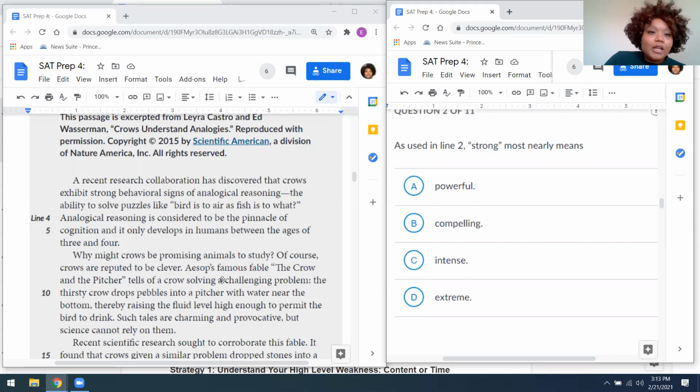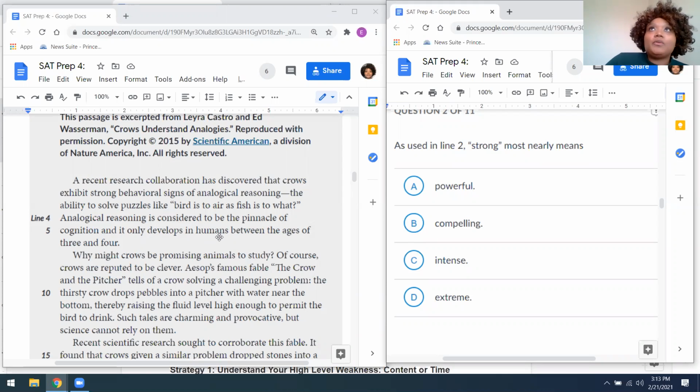Okay, let's put A in. A recent research collaboration has discovered that crows exhibit powerful behavioral signs of analogical reasoning. A recent research collaboration has discovered that crows exhibit compelling behavioral signs of analogical reasoning. A recent research collaboration has discovered that crows exhibit intense behavioral signs. A recent research collaboration has discovered that crows exhibit extreme behavioral signs of analogical reasoning. The answer here is B, for compelling,